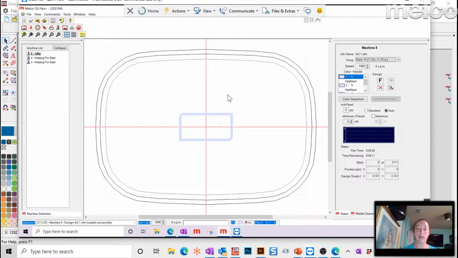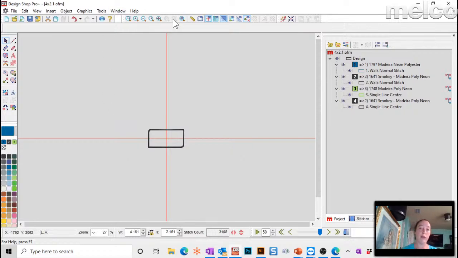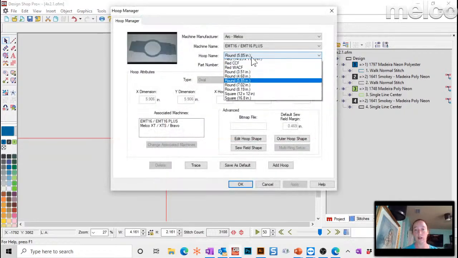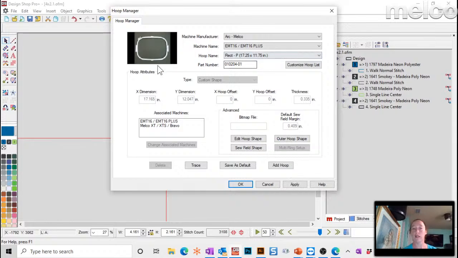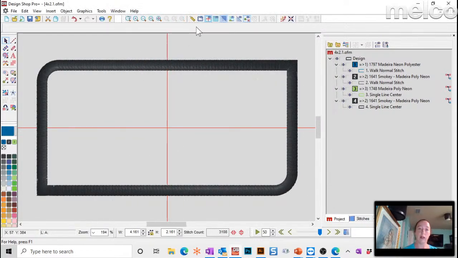So if you only digitize the file to be one patch, that's how you would set it up. And then to continue to fill the hoop, you would just move your hoop around after every patch. Now, if you're going to do that, rather than doing it that way, what I like to do is go back to DesignShop and set up the file to allow for